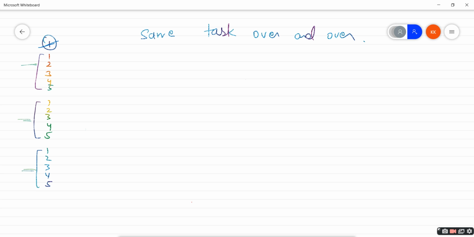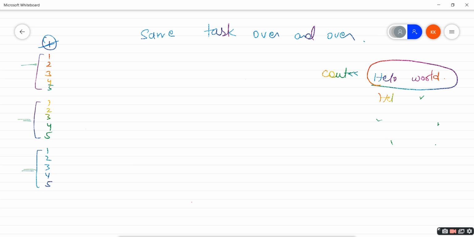Okay, so let's say I want to print something: Hello world, Hello world, Hello world, Hello world, 10 times. So we can see that this is the same output, a single cout. The same message needs to be printed on the screen but multiple times.